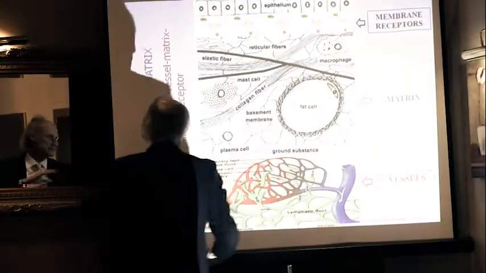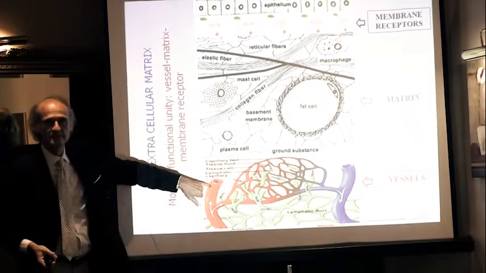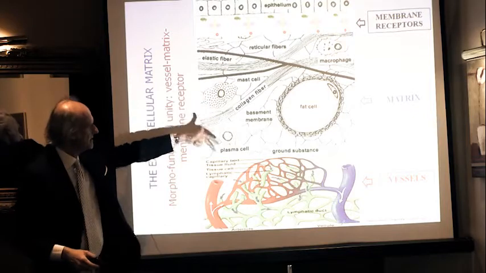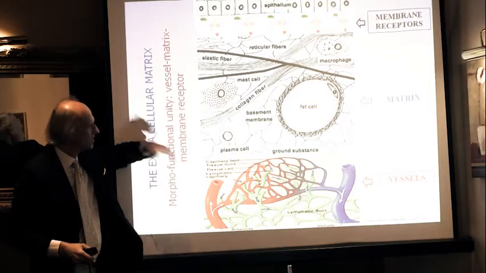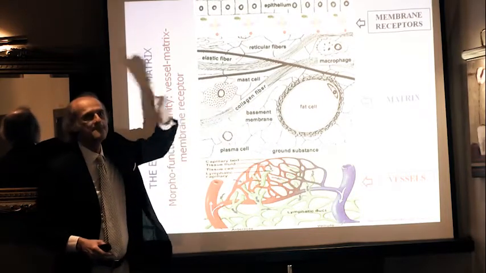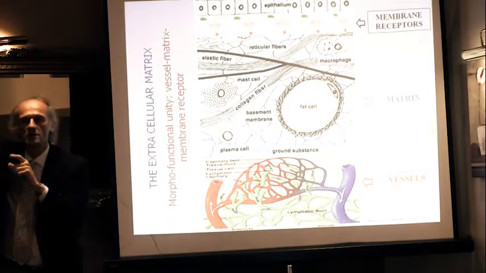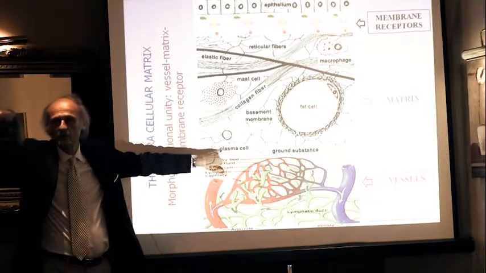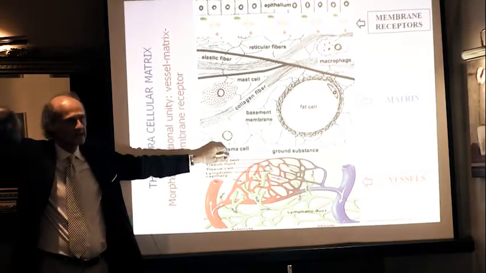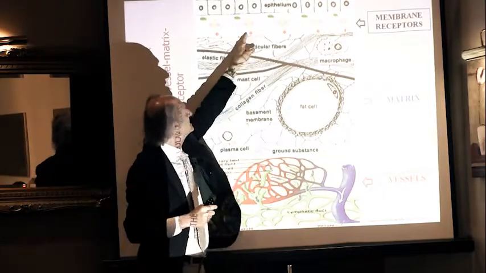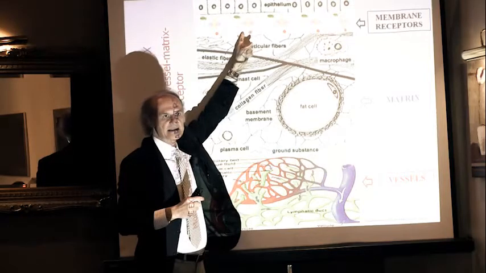All the substances, nutrients, for instance, vitamins, lipids, carbohydrates, proteins, are released in the extracellular matrix. But also signaling molecules are released here. Hormones, cytokines, neuropeptides, and they have to make a wonderful journey to link the